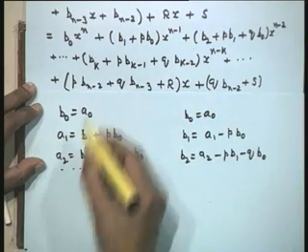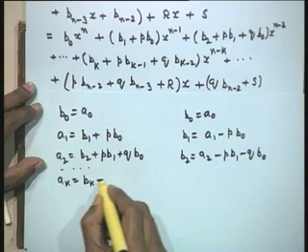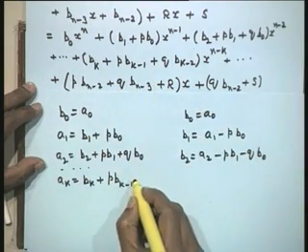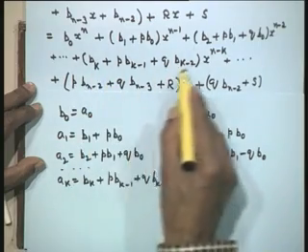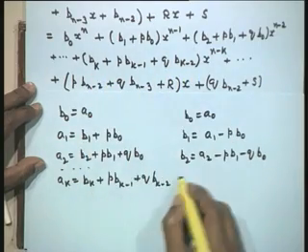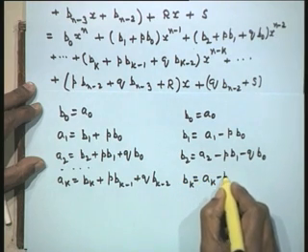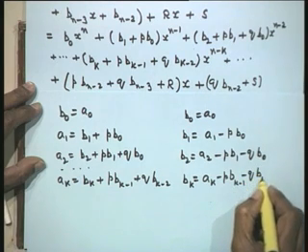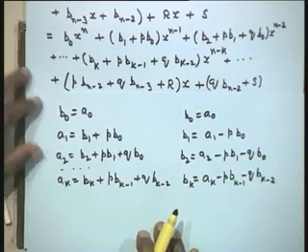Now let us go to the general term. The general term is, left hand side is a_k, the right hand side is b_k plus p times b_{k-1}, I am writing this term, plus q b_{k-2}. So this will be my a_k. Therefore the solution of this will be b_k is equal to a_k minus p b_{k-1} minus q b_{k-2}. So we have solved for b_k.